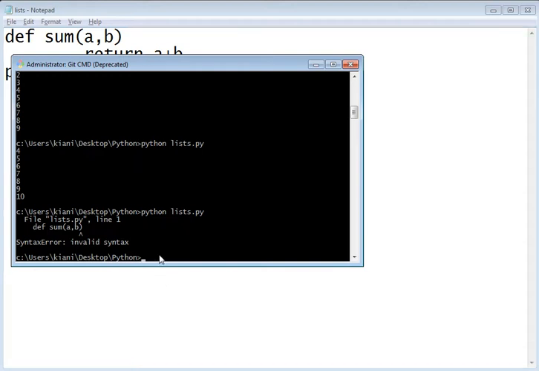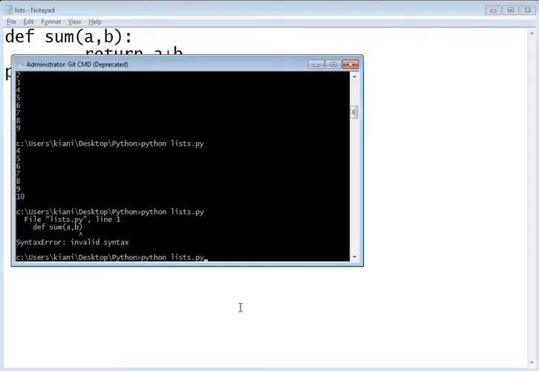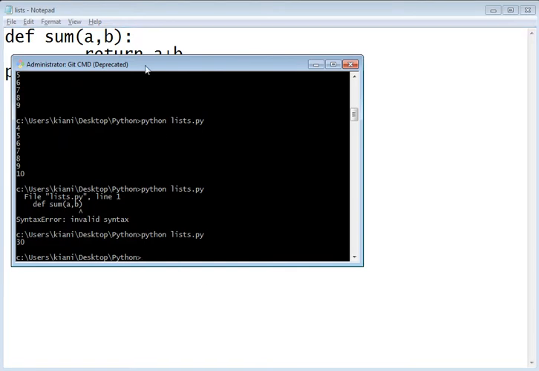Okay, there is a problem, invalid syntax. Okay, what is the syntax? Again, the colon is missing, right? If you use many other languages, then there is a problem. Python uses a colon at the end, right? So this is 30, right?